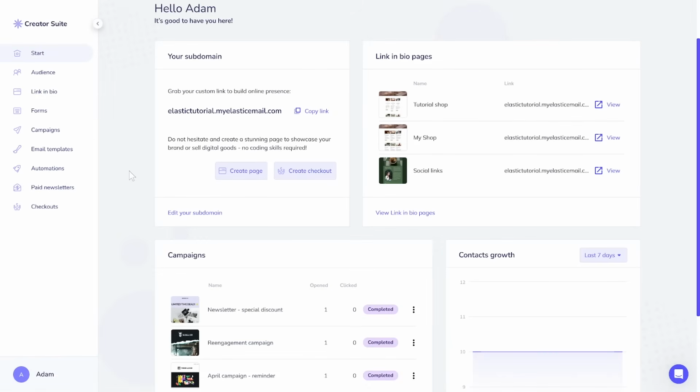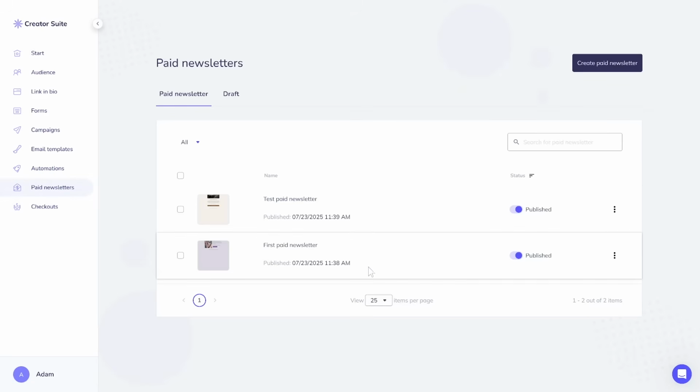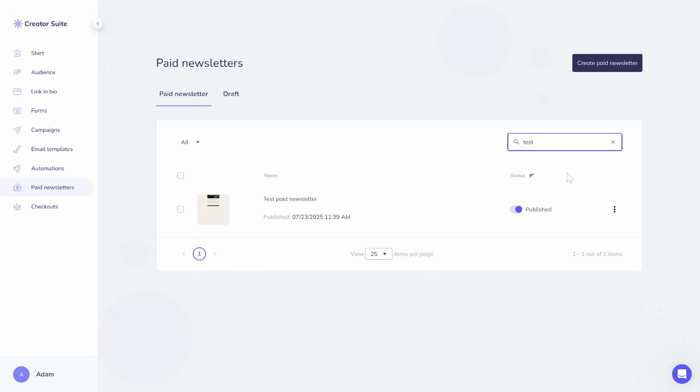To access paid newsletters, simply navigate to this section in the menu. It's a new item there. In the main view, you can find all previously created newsletters. You can search them by name or filter them by status. By clicking on the Draft tab, you'll see all unfinished newsletters, but for now, let's focus on creating a new